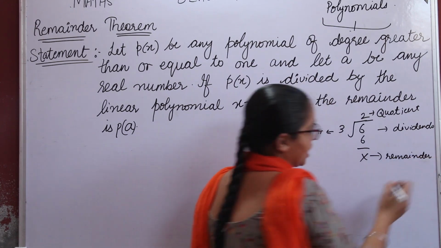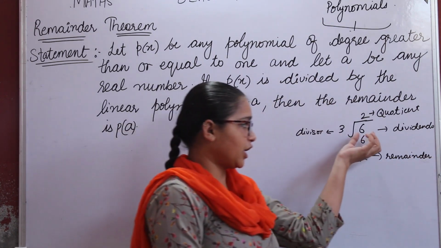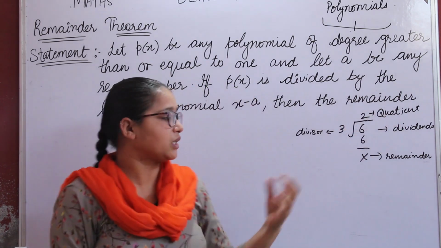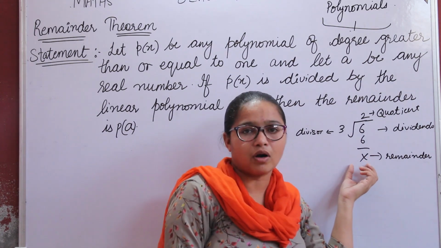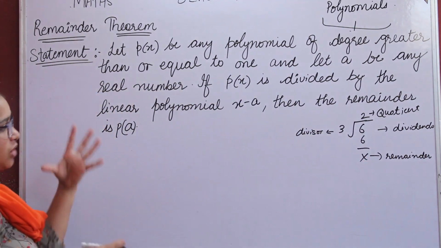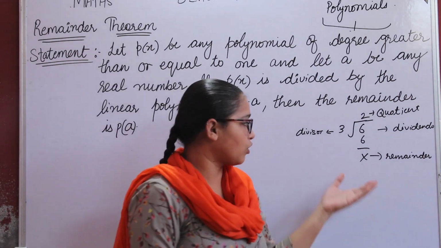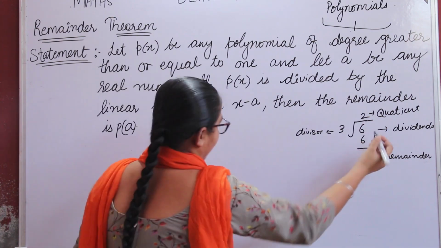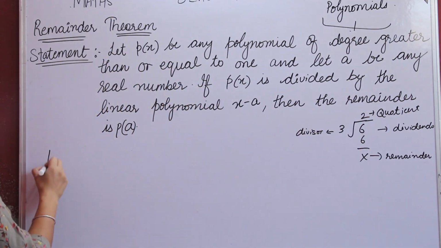This you already know, right? This is called dividend, this is called divisor, this is called quotient, and this is called remainder. What is left behind is called remainder. So this theorem is, I think, just the mathematical definition of division only. So now I am writing over here, this is my p(x). Now, talk about the theorem.